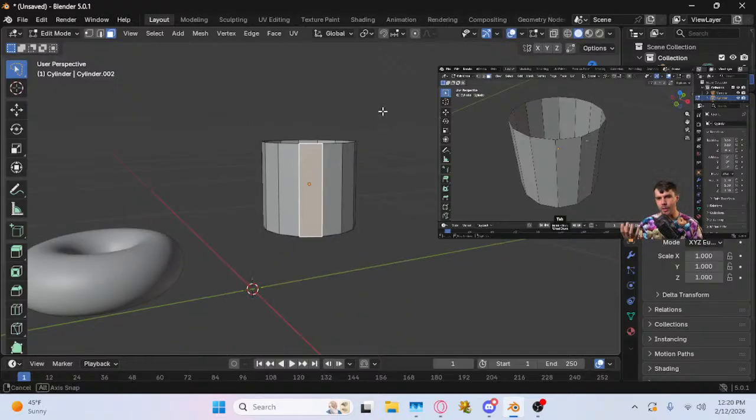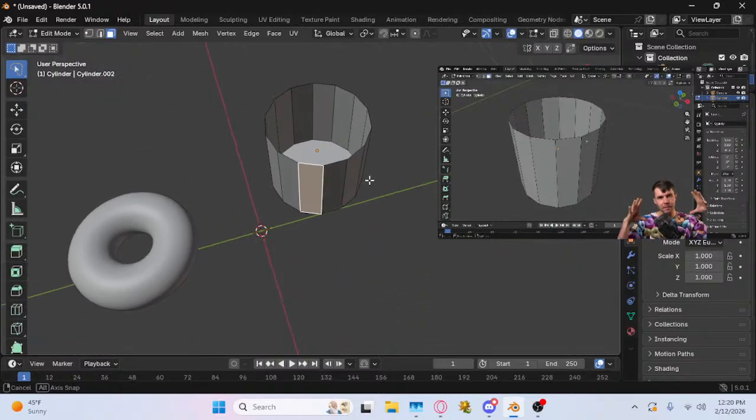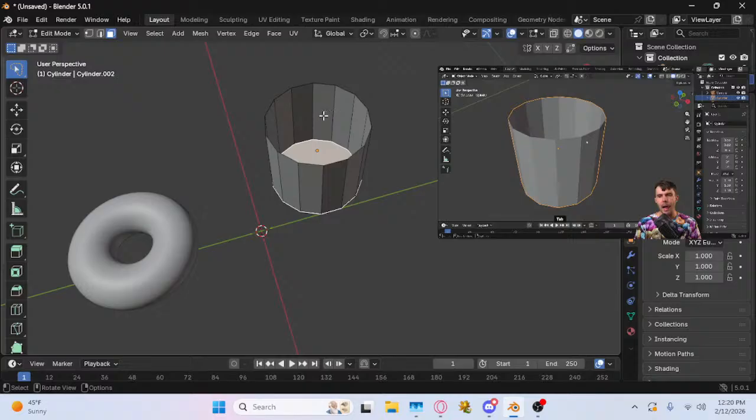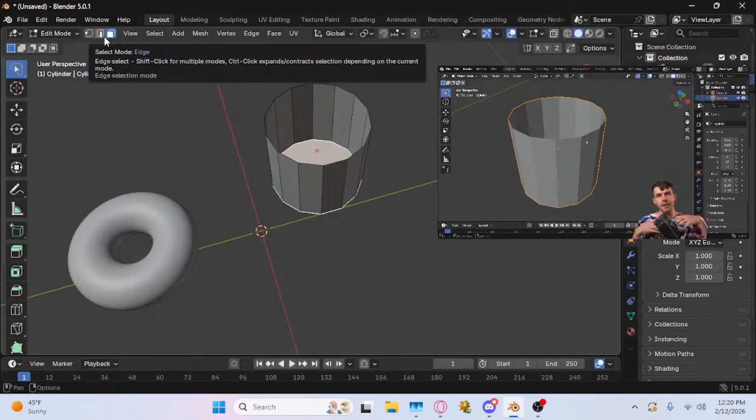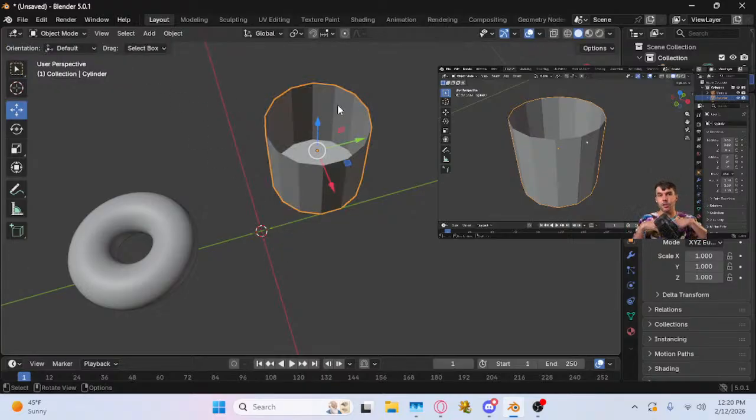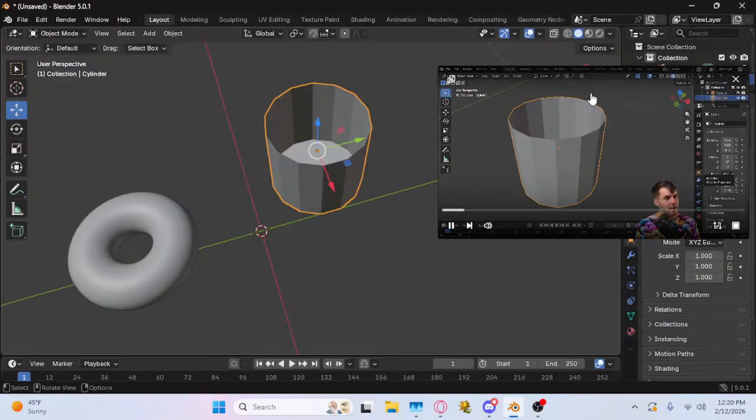And while we could do this in edit mode, like you could select everything and extrude it in and whatnot, we don't need to, because there is actually a function we can use to add thickness to anything without needing to go into edit mode. And that is underneath your modifier stack here. So if you click this